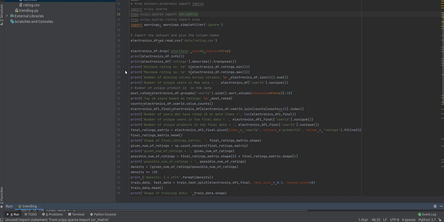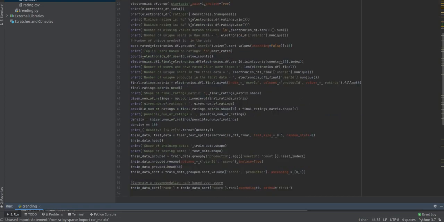So firstly we get to know the data set. Here we pre-process the data set and figure out exactly what kind of rows and what kind of data we have.